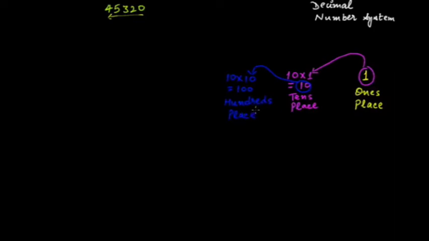Therefore it is hundreds place. The next place has a value 10 multiplied by the value of the previous place, that is 100. It becomes 1000. So this is